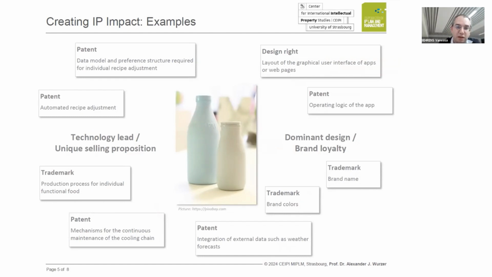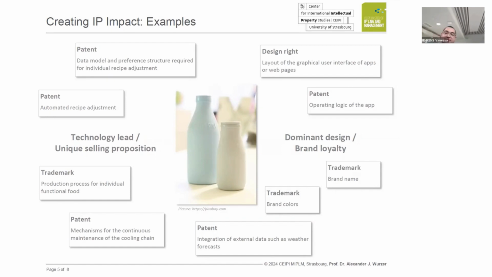For example, we can apply for a patent on a data model and a preference structure. We can apply for a patent on a method for automated recipe adjustment on the basis of that data. We can apply for mechanisms for the cooling used in the logistics chain. We can even integrate external data, not necessarily weather forecasts, but for example, health data or training data, which comes maybe from a fitness center that we are working with. And then the rest I will leave to